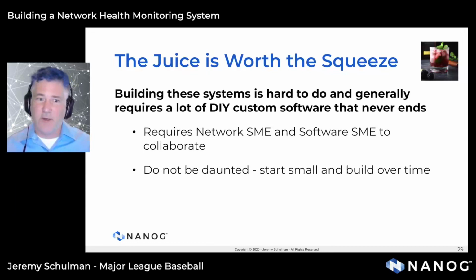And so, what I've said before is that building these types of systems requires two parties to come to the table and work together. You need a network subject matter expert, somebody who understands, well, what are all the commands that I need to run? What pieces of data are important, and what does that data mean? That's the network domain knowledge, the synthesis, that they understand in their heads, working together with a software subject matter expert to turn that knowledge into software